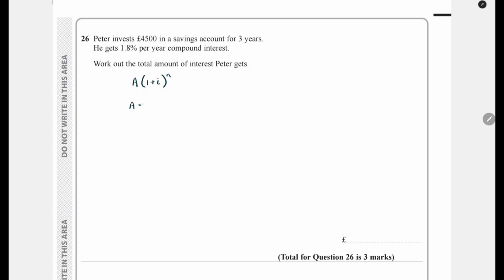So we have A, which is £4,500, I, which is the interest amount of 1.8%. Now, for our calculator, we need to change this into a decimal, and that's 1.8 over 100, which is 0.018. And then finally, we have n, which is the number of years, which is 3. So if we plug this into our equation, it looks like this: 4,500 multiplied by 1 plus 0.018 to the power of 3. And if you put that into your calculator, you'll get